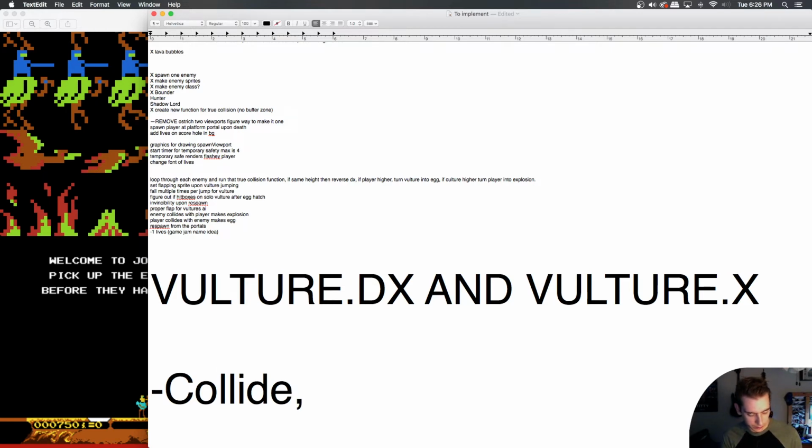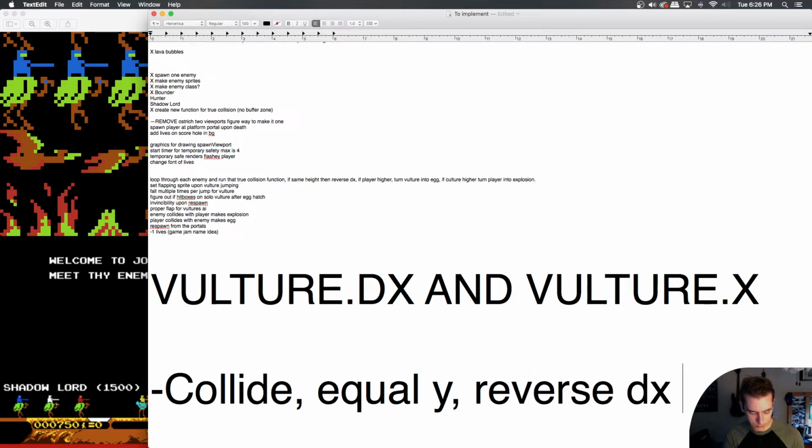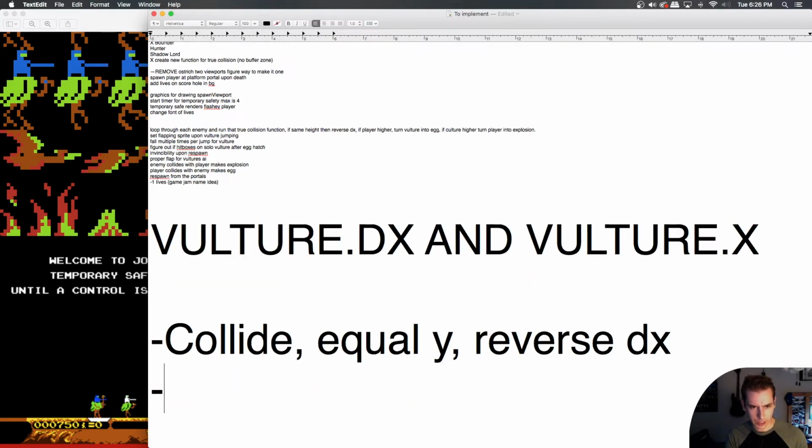and then equal wise, meaning no lance is higher. So it would reverse dx and maybe facing right, but we won't put that in here just yet. Then we can collide